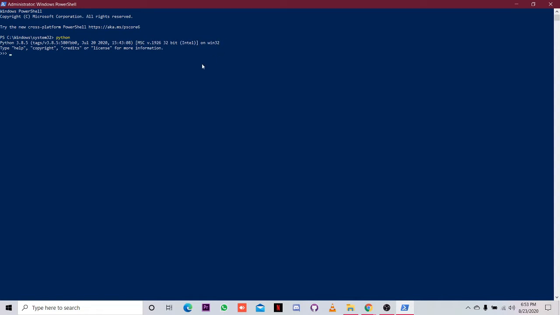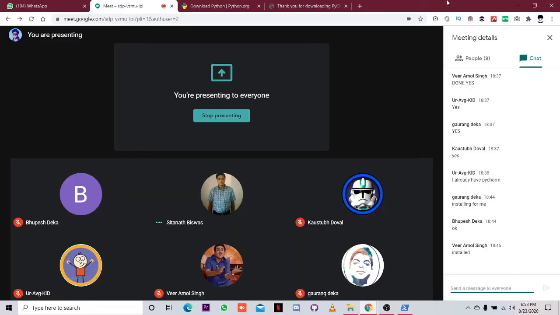Try this in your command prompt or terminal. All of you can unmute yourself and respond, because this is a practical session going on, so it will be easy for us to understand. Say yes if you have checked your version in your command prompt or terminal.